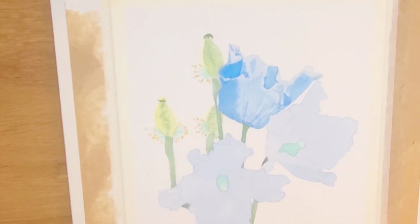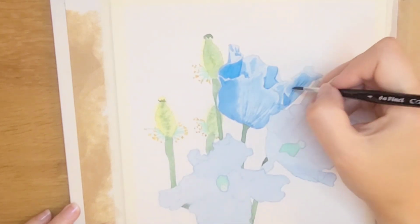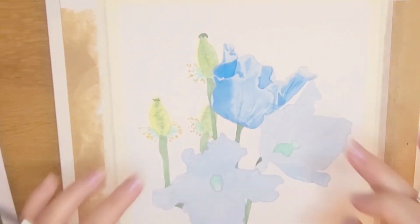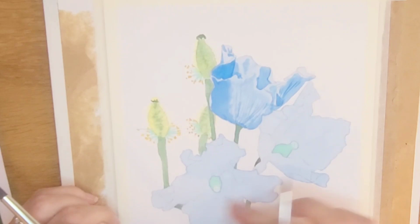There, that's better. So now we're getting a much more three-dimensional look. There's a couple of lines on this petal here which I want to just capture that I can see. So just popping those on. And I think really that's it. We don't want to do too much more, but that's exactly what I'm going to do for the other two